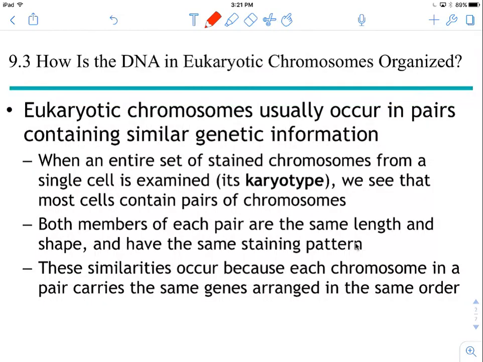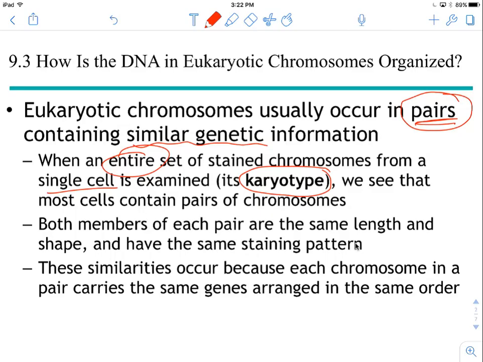So eukaryotic chromosomes, as we know, usually occur in pairs. We're going to get into more detail on that in a minute. And the pairs of chromosomes contain similar genetic information. They usually have the same genes. If you stain the entire set of chromosomes from a single cell, it's called a karyotype. We're going to look at a karyotype in just a minute. And a karyotype actually organizes the